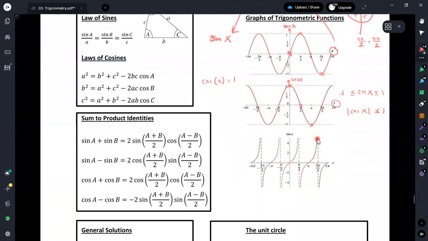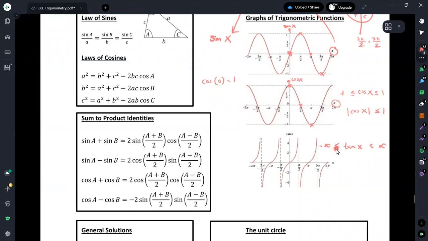And from plus infinity to minus infinity, the graph extends. Therefore, you can see a type of discontinuity in this graph for tangent x. The tan x value goes from plus infinity to minus infinity, so we are not going to worry much about this value. We can say that the maximum of tan x is plus infinity and the minimum is minus infinity.